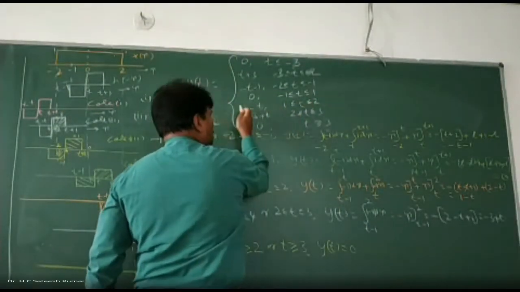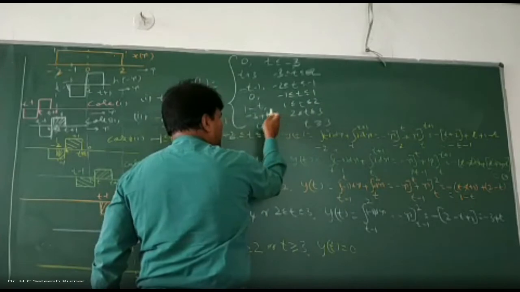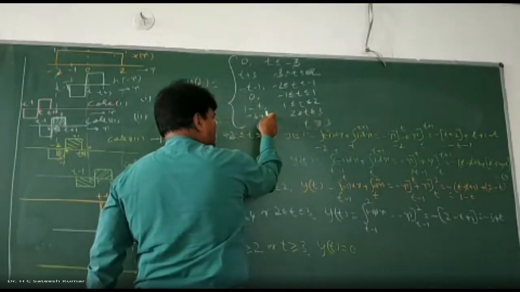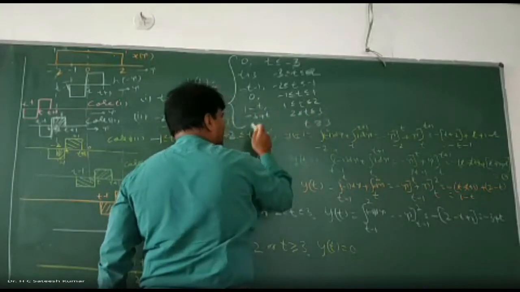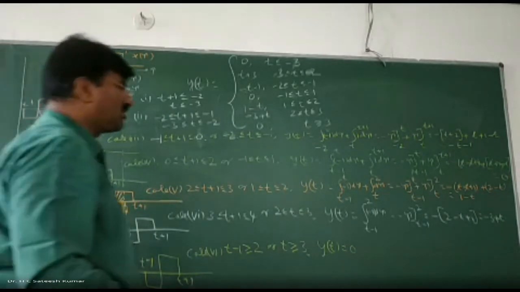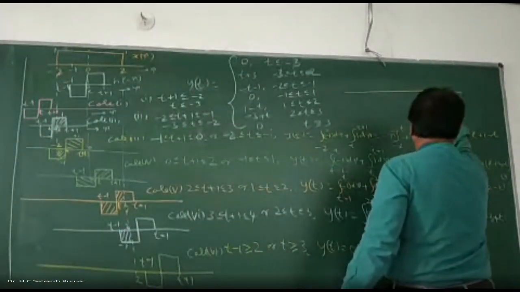T is equal to 2: 1 minus 2 is minus 1. T is equal to 2: minus 3 plus 2 is minus 1. At 3, minus 3 plus 3, 0. And at 3, it is 0. So that's how we should do it. It is correct. If any mistakes are there, you can correct them right there itself, instead of going back and checking the answers.